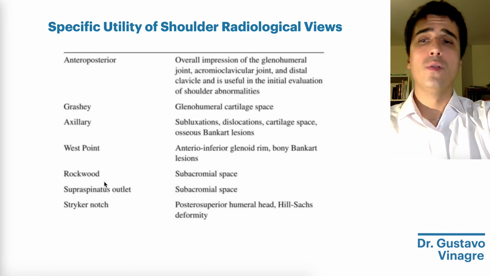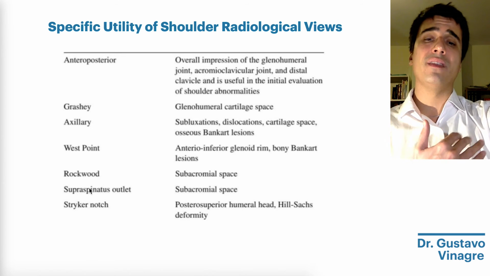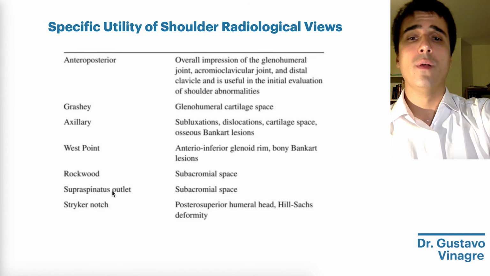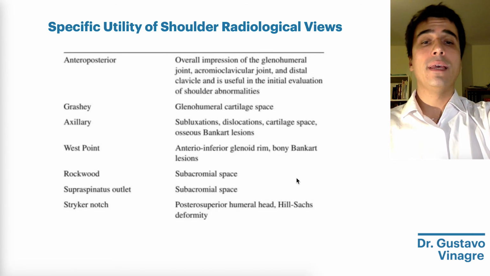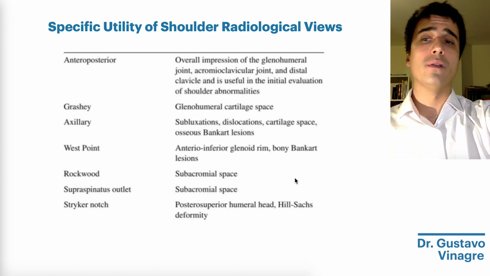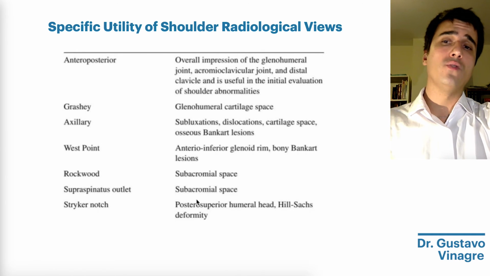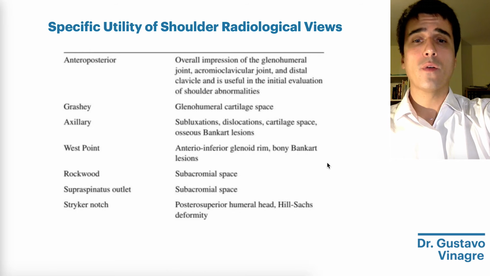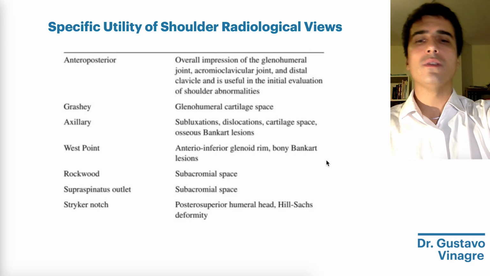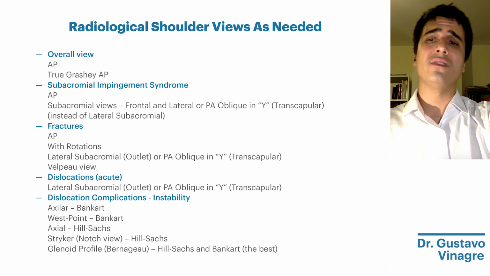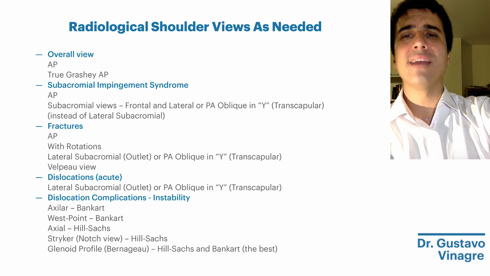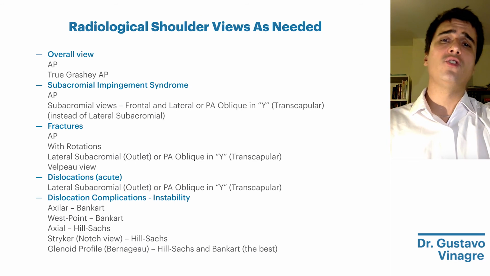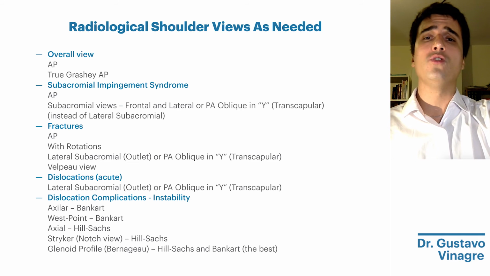The Rockwood or the lateral, the frontal subacromial view, as well as the lateral or supraspinatus outlet view, is to view the subacromial space and subacromial impingement syndrome, okay? And the Stryker notch is to see the Hill-Sachs lesions, as well as the axial view. So when you want to get an overall impression of the shoulder, you do an AP or a true Grashey